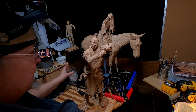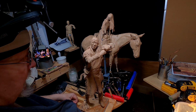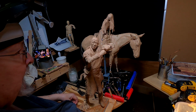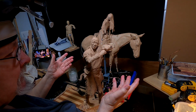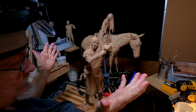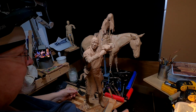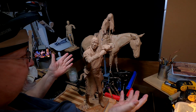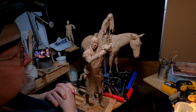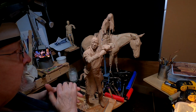All right, I'm going to try to finish up this mountain man today. And when I say finish, I'm not talking about getting it ready to go to the foundry tomorrow. Finished. But get it to a point where I'm going to probably have to spend a couple of weeks just getting it ready to go to the foundry if I do sell a copy